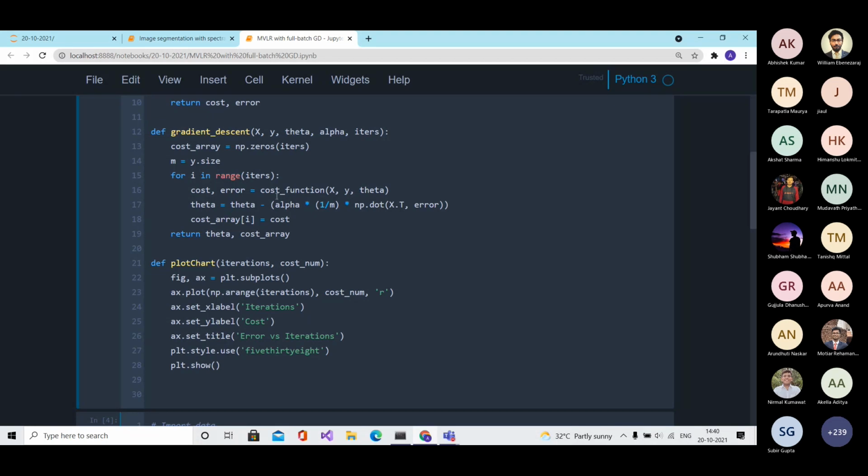Once we reach the required number of iterations, we return from this function.